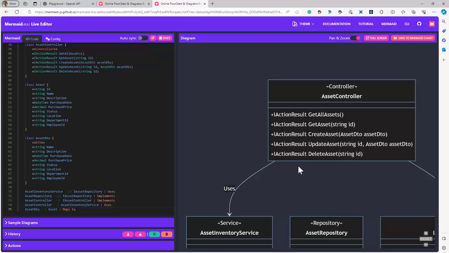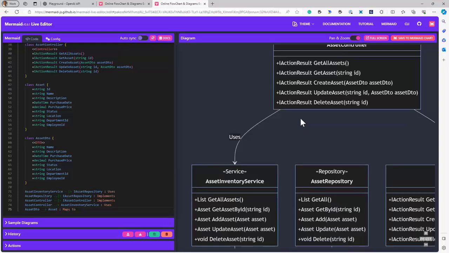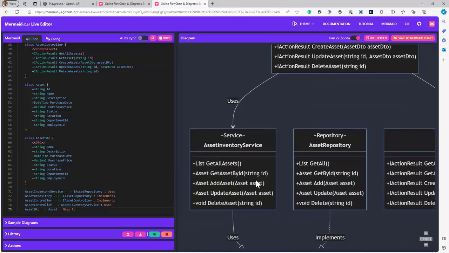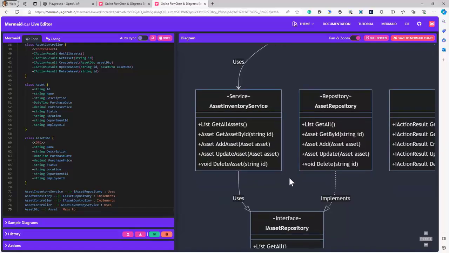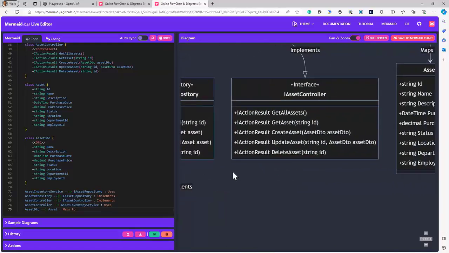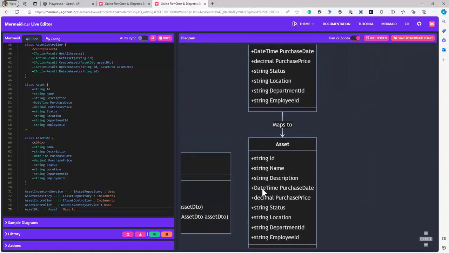So here you can see our asset controller maps to the controller in the ASP.NET Web API project. Similarly, the asset inventory maps to the service concept. Similarly, you have the data transfer objects that are available to you right here. So it has done a good job of trying to map the hexagonal pattern that we were interested in implementing to core concepts with a project type that we are already familiar with.